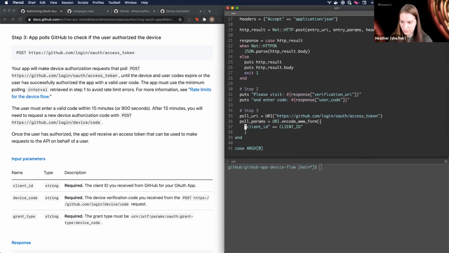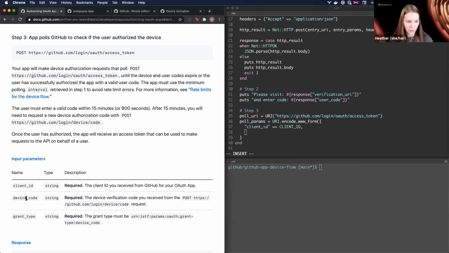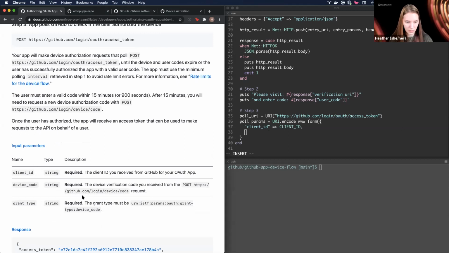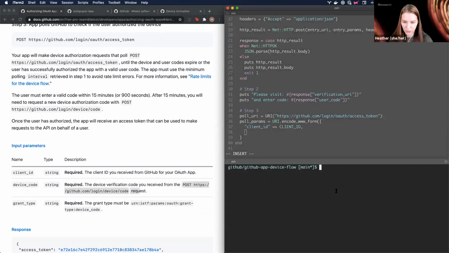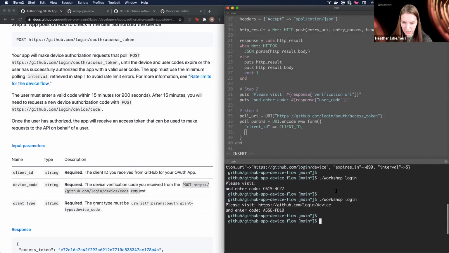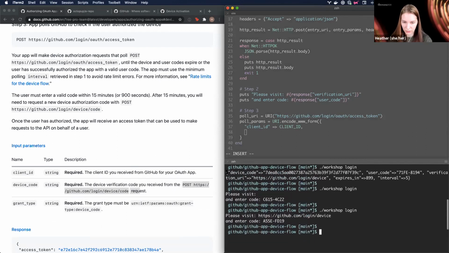Let's add a little column. There we go. And so now the next required param is device code. And it says the device verification code is what you received from that first post request. So if we scroll up a little bit and see that output we had from before, device code is the very first response we got in that